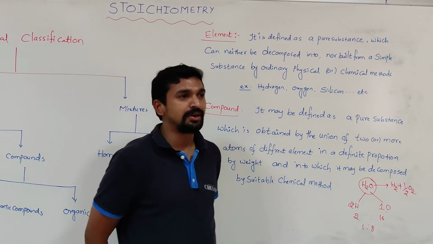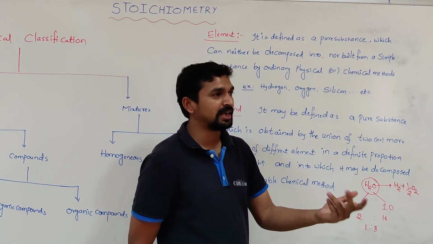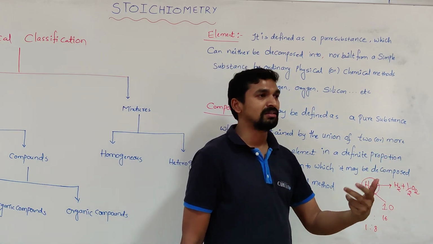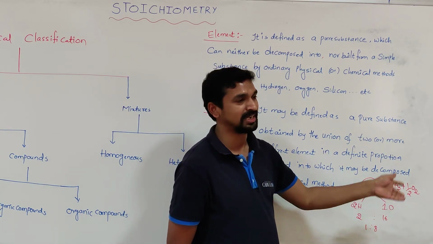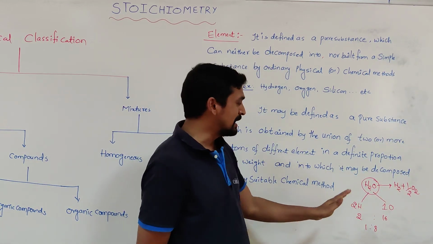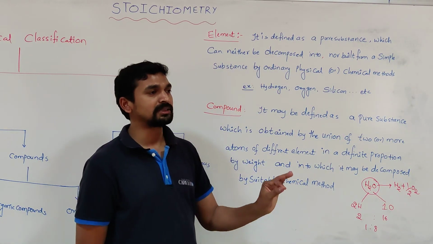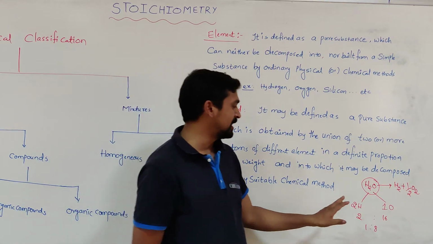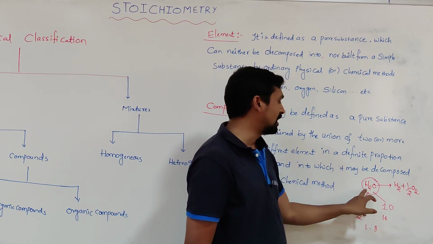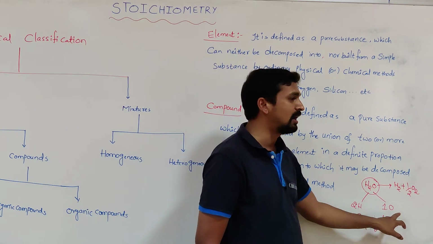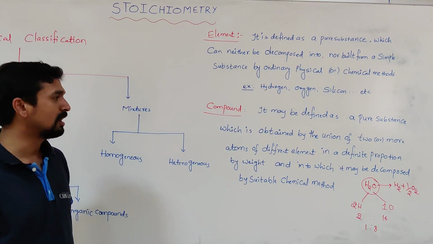Generally we know that hydrogen is combustible and oxygen supports combustion. Then we would expect the water molecule also to support combustion. But it does not support combustion; it is against combustion. That clearly indicates that whatever compound is formed, its properties might be completely different from its constituent atoms. That means the water molecule never has the properties of hydrogen or oxygen. So that is also one of the important properties related to compounds.